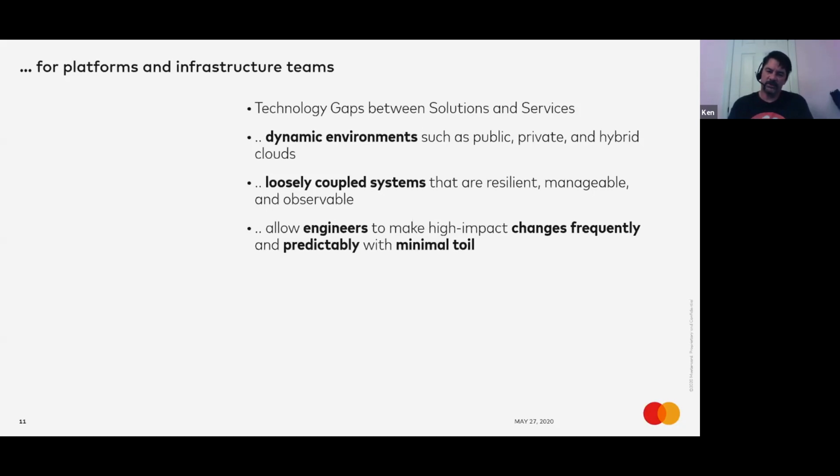And so we're trying to look at those different technology gaps around resiliency, around availability, around replication. There are a lot of different aspects that come into play with these gaps between services and solutions, so it becomes quite complex for development teams and infrastructure and platform teams to understand the needs and requirements of the business when they're just asking to push this code out. I don't know what the code is trying to accomplish, or how many reliability or compliance requirements are on that code. So trying to identify that is a big gap that we're trying to figure out within the technology space.